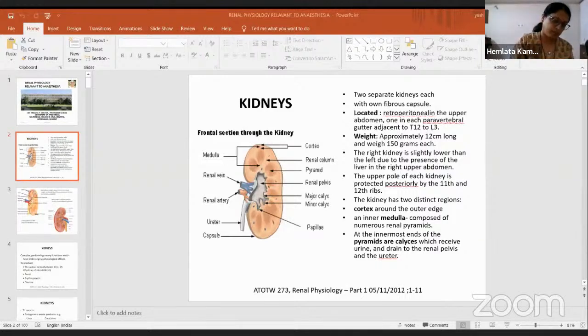And this is very important in certain diseases when we deal with the anesthesia part. The unique basement membrane is at the interface of the capillaries and Bowman's capsule. And this is the main thing which allows and permits the glomerular